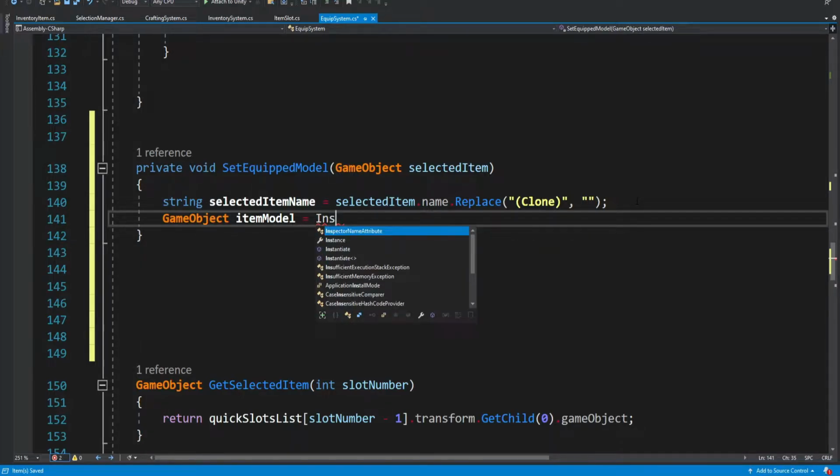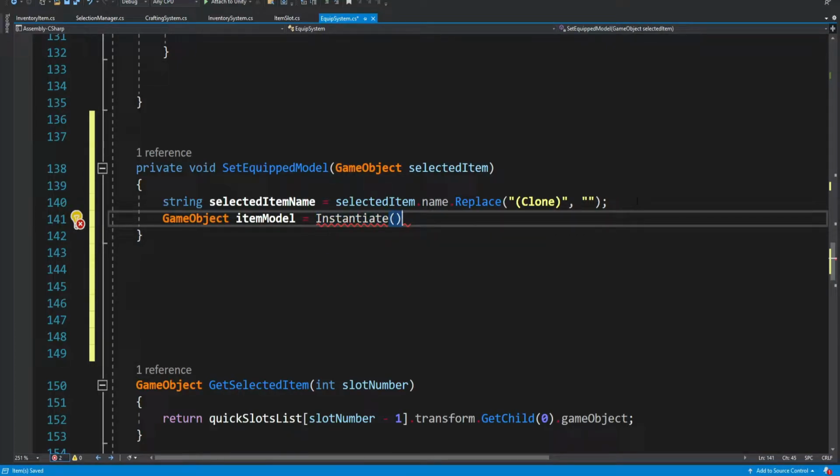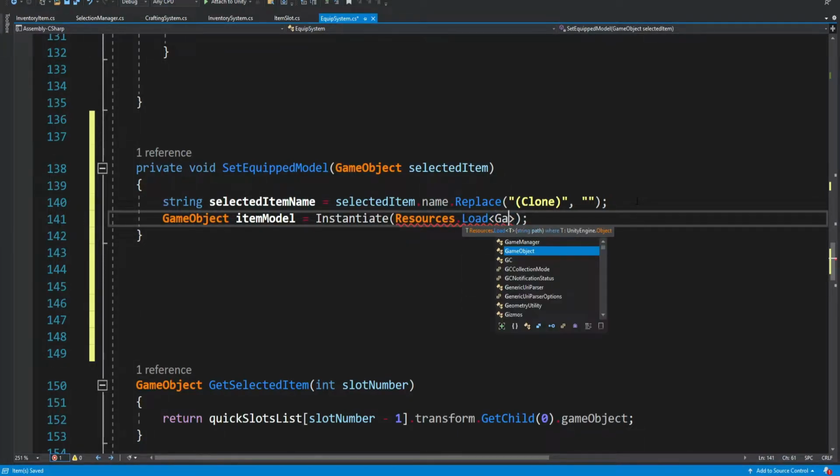So instantiate, and then we want to say Resources, right? Because all these prefabs will be inside our Resources folder. Load, and it's going to be a GameObject that we want to load.